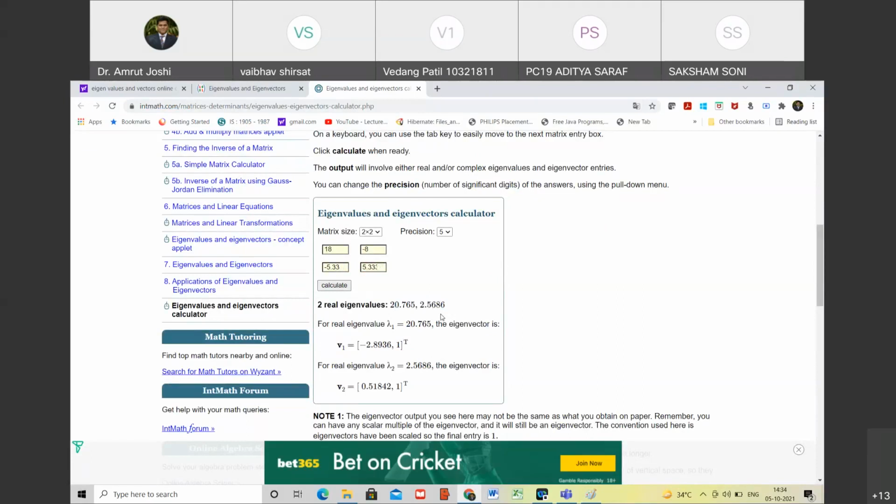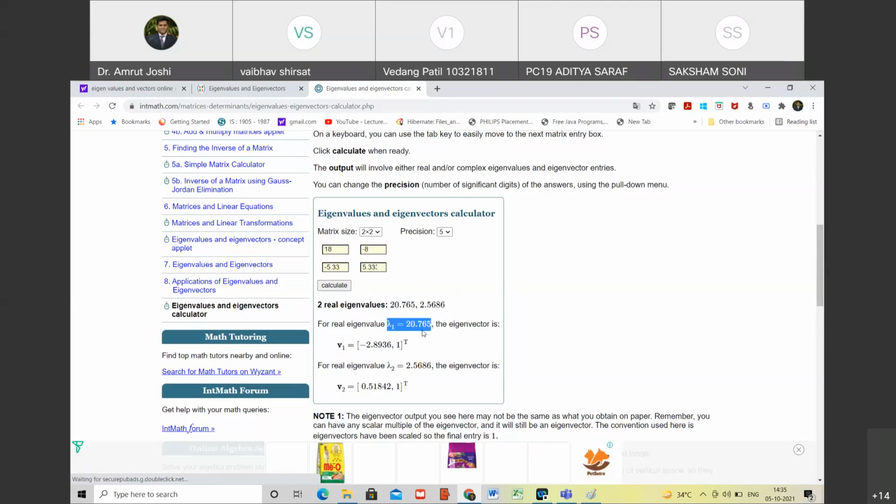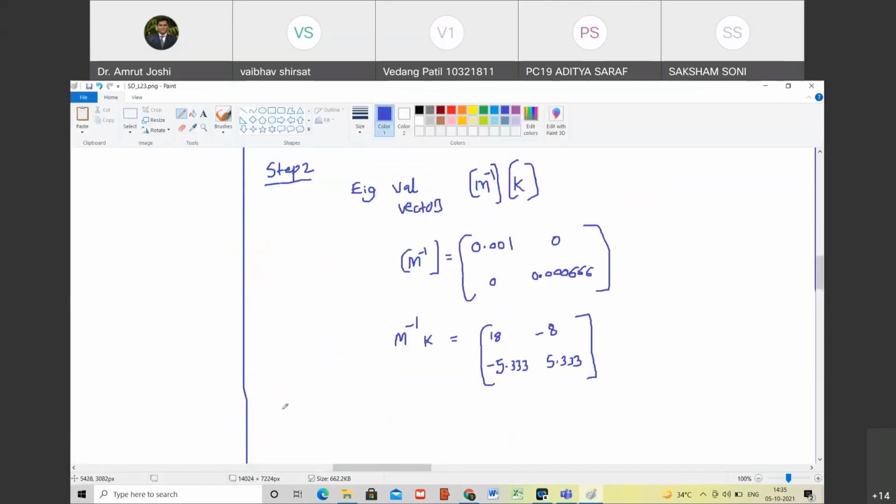So first you have to rank order the eigenvalues. Are you with me? Yes, sir. So which of these will you call lambda 1? Though here they stated lambda 1 as 20.765, we are going to take the smallest value as lambda 1. Are you with me? Yes, sir. So what to do? Arrange eigenvalues in ascending fashion. Are you with me?